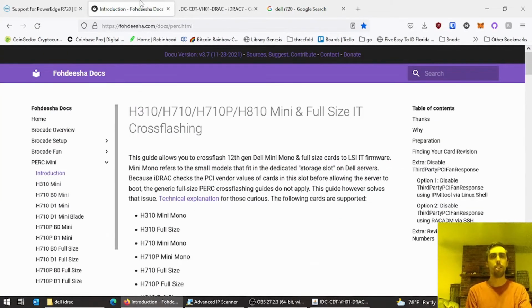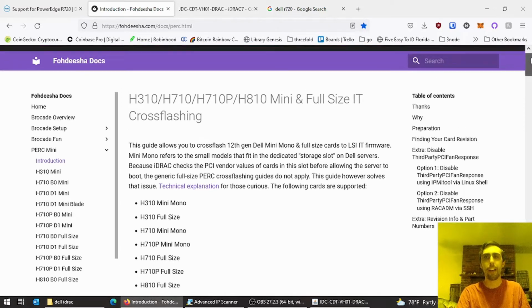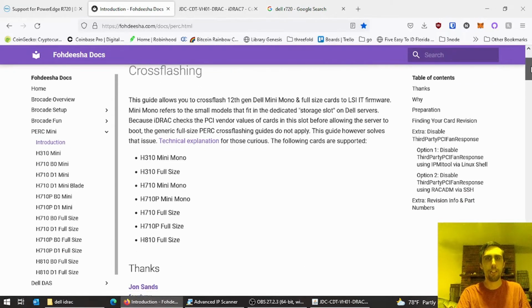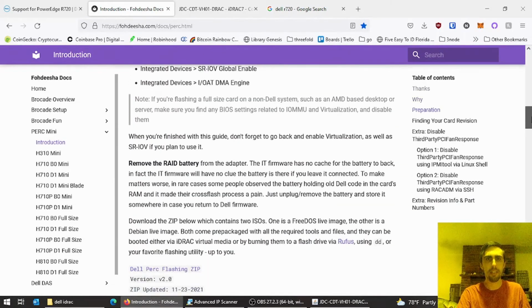If you're looking to run or install disks directly in the front bays of your Dell server, it's quite a bit easier to do than on an HP, thanks to this program that someone has made. It completely reflashes your existing RAID card with different firmware. I could go through it, but the documentation along with this program is very well done, and you won't have any trouble doing it because it's so well written. Just a few tips on things that you could possibly screw up